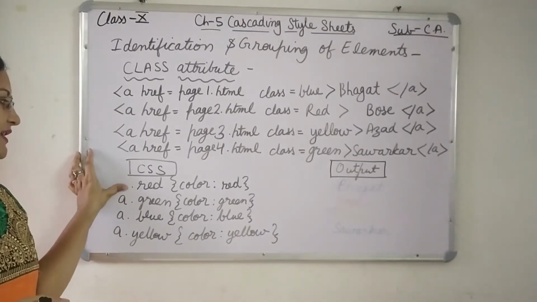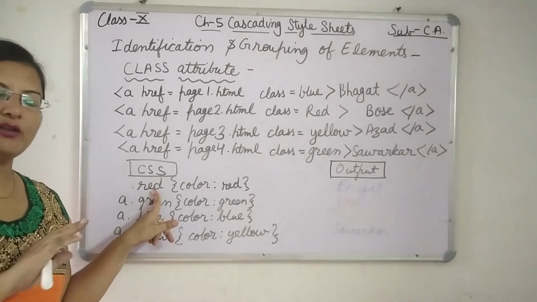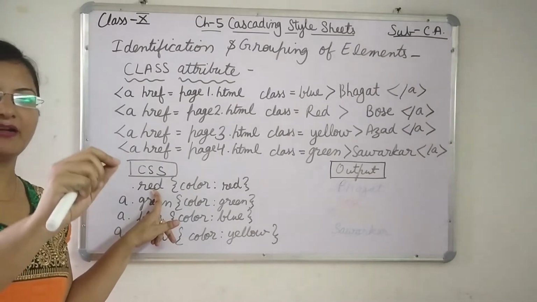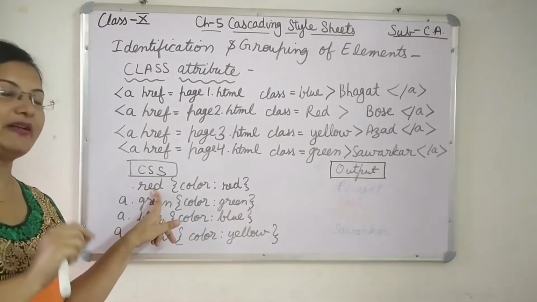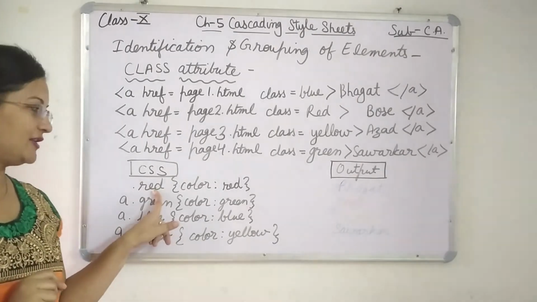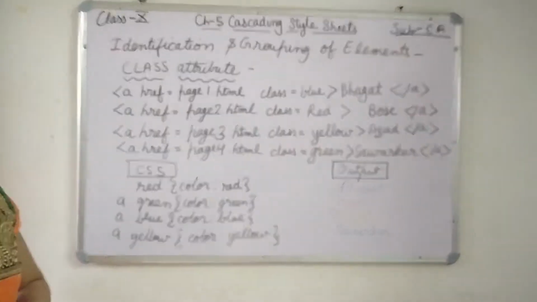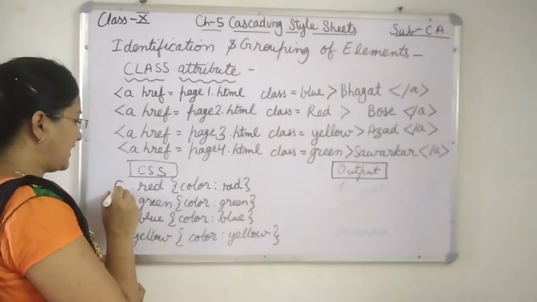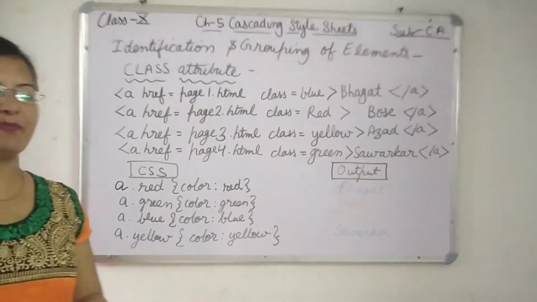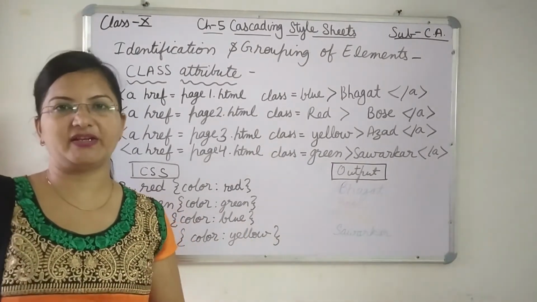If we simply write dot red, wherever we use the red class, all those things will be in red color. If we write P class red, that paragraph will be red. If we write H1 class red, then that heading will be in red color. Got it? So this will be a common CSS that we can apply everywhere. But if we have to apply it specifically on anchor tags, on the links present on our websites, in a single web page we have many links, and when we click on one, it takes us to another page.